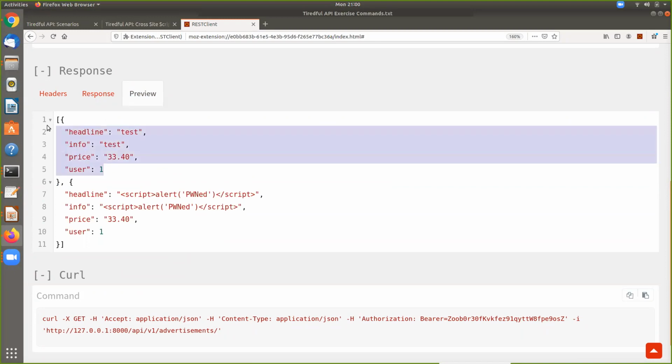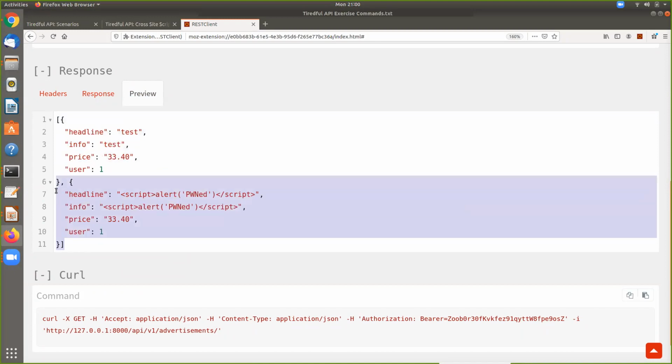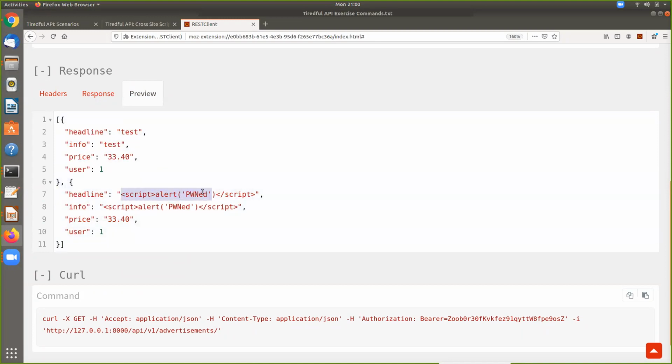But sure enough, when we retrieve the results, we see this information here. This was the first thing we put in, and here's the second, and it did not strip out the JavaScript alert box pop-up. But again, this script could be anything we wanted it to be. A malicious threat actor would start doing other things to essentially do bad things back on the real web server when that would be brought up.